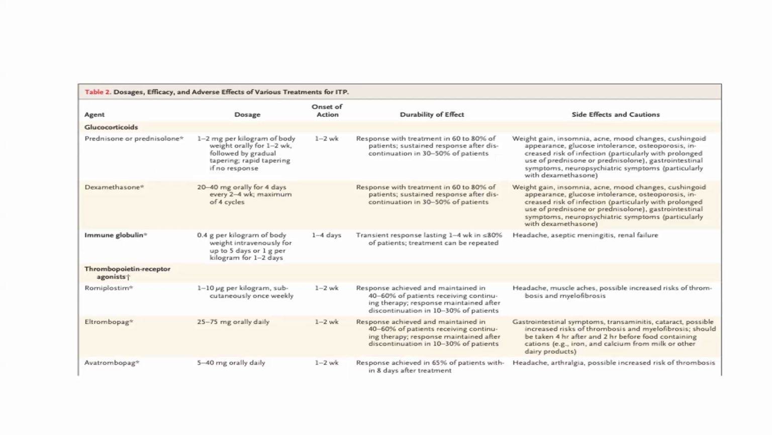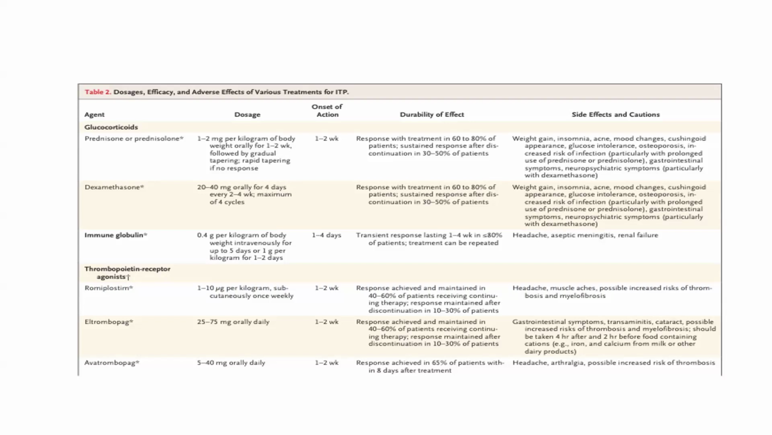So the first treatment is prednisolone, that is 1 to 2 mg per kg of body weight orally for 1 to 2 weeks followed by gradual tapering. Usual onset of action is 1 to 2 weeks. Side effects are weight gain, insomnia, acne, mood changes, Cushingoid appearance, glucose intolerance, osteoporosis, and increased risk of infection,